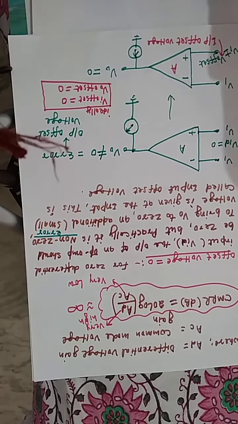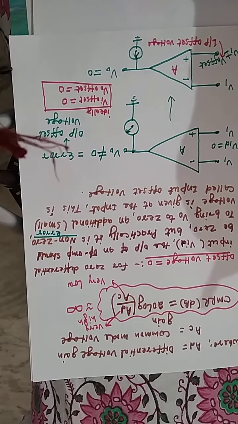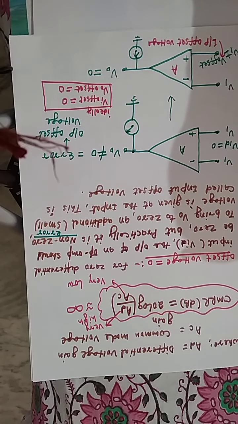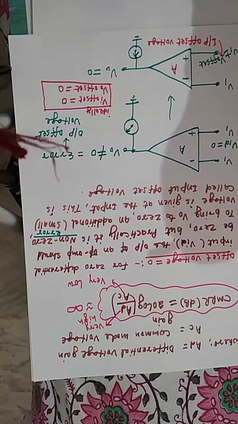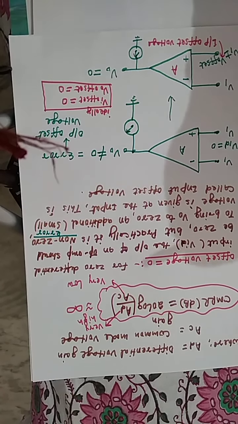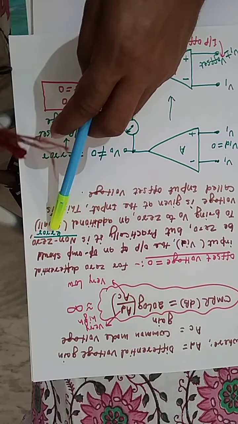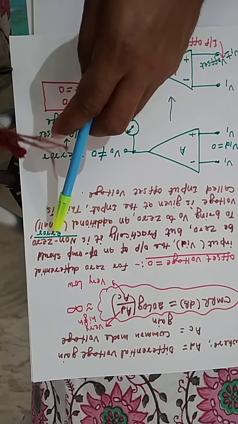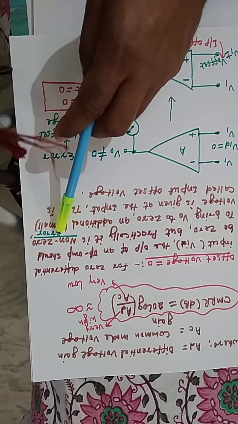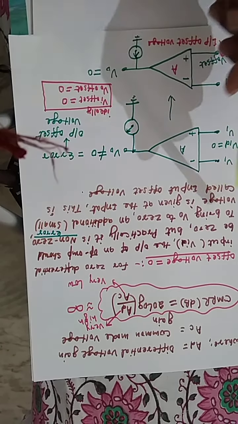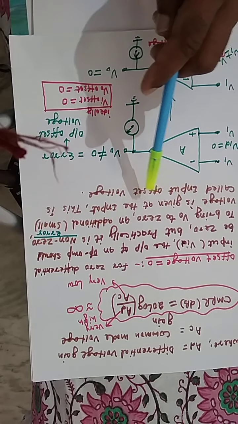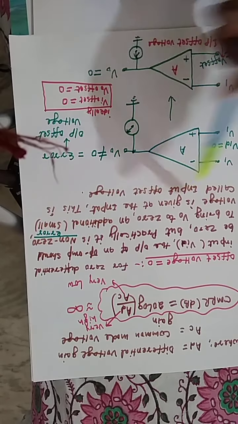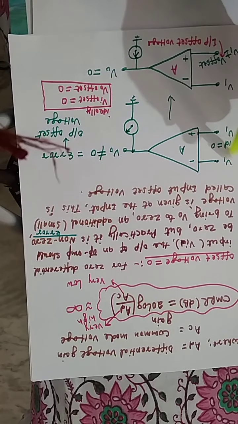Okay guys, now offset voltage. What is offset voltage? Basically, if we give 0 differential input, the output should be 0, but the output of a practical op-amp is non-zero, and that non-zero value is called error, or output offset voltage. To bring the output offset voltage to 0, we need to add an additional input voltage, that is called input offset voltage. Suppose this is V1 and this is also V1.